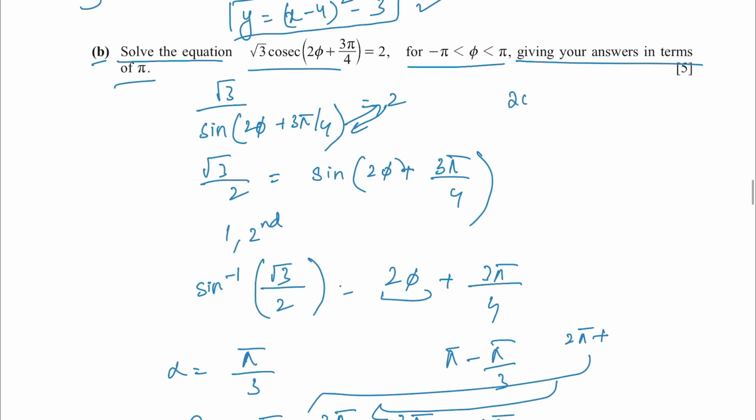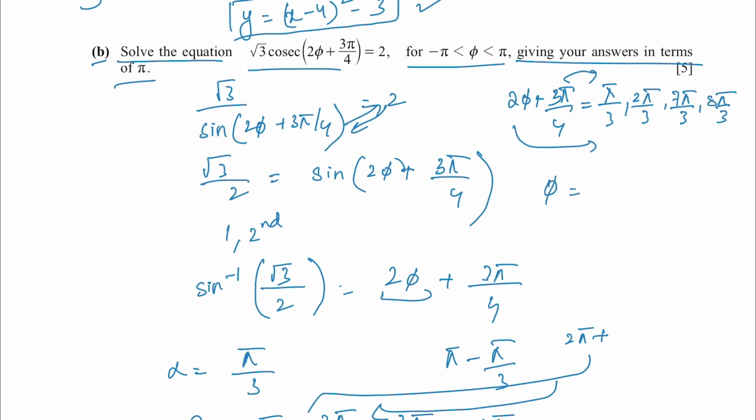So we'll get our final answers as 2φ + 3π/4 equals 5π/3, 2π/3, 7π/3, and 8π/3. So what we will do is subtract 3π/4 from everything and then divide it by 2. So we'll be getting our final answer as